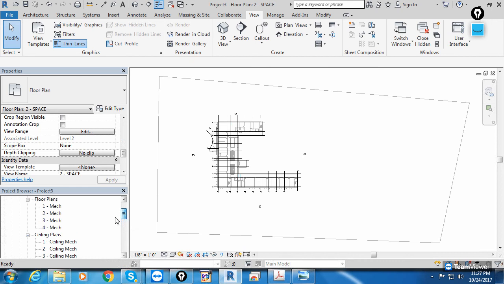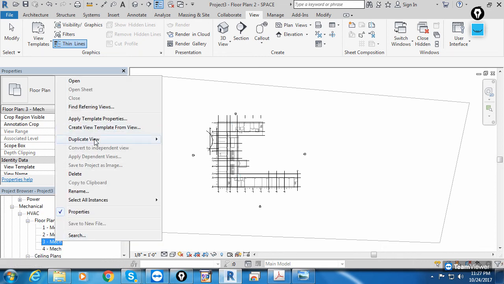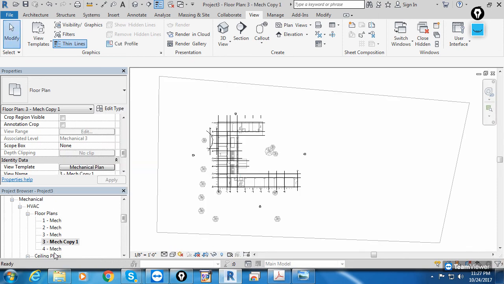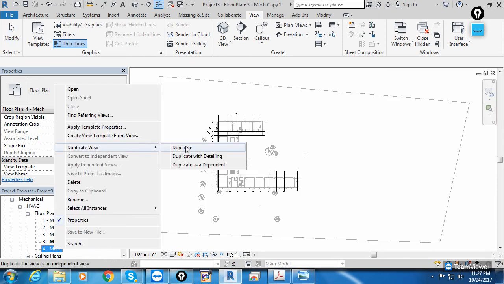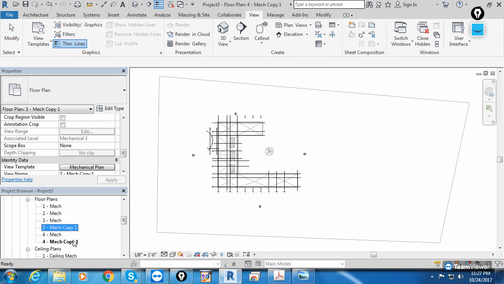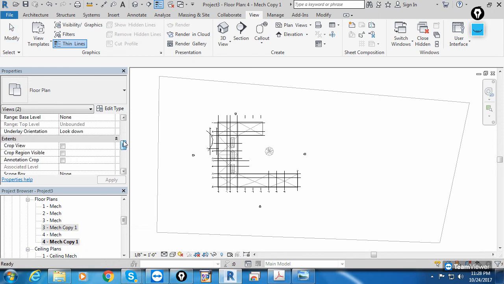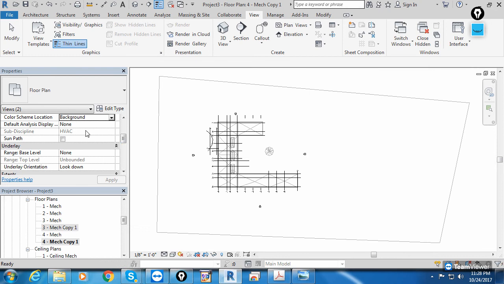Now the same that we created in mechanical, this 1 2 3 4, I want to use in electrical. And in electrical, first let me check what views are available. 1 2 is available. Why? Because we used a template file, so by default 2 views are available, but 3 and 4 are missing, na? So we'll duplicate again, make 3, right click, duplicate, then this 4 also we'll duplicate, and we'll select both by holding the control key, and we'll change this sub discipline.